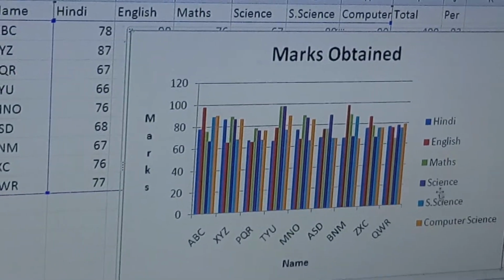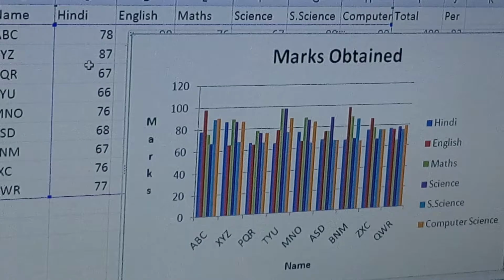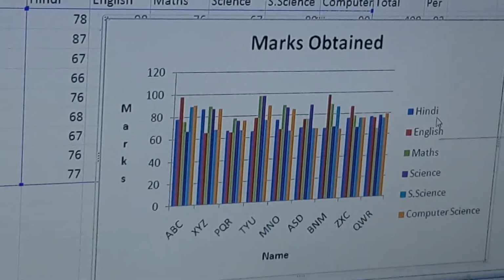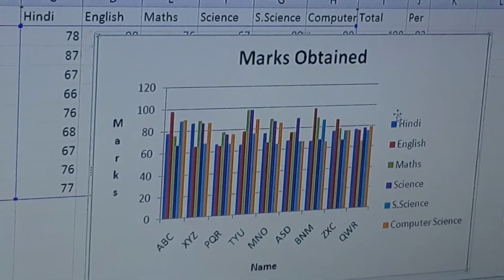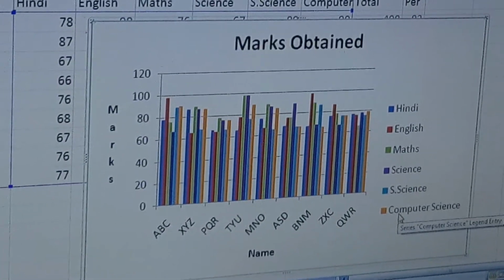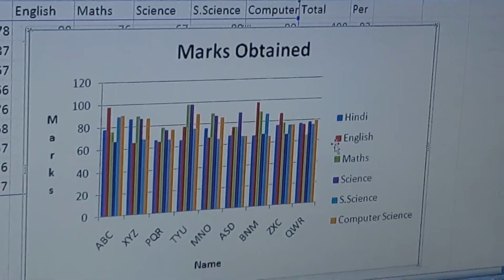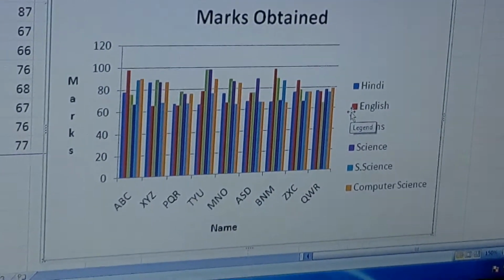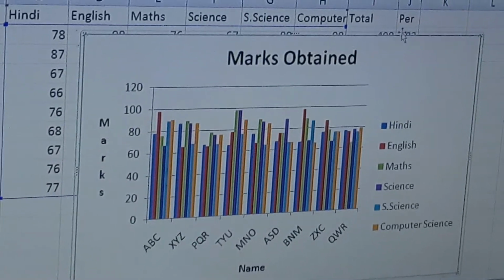So the other component, first you have learned, is data series. Number 2 is legend. What is legend? Legend is the data series on the basis of which the chart is created. Legend is used to differentiate the different data series on the chart. Next is plot area. What is plot area? Plot area is the area on which the chart is created.